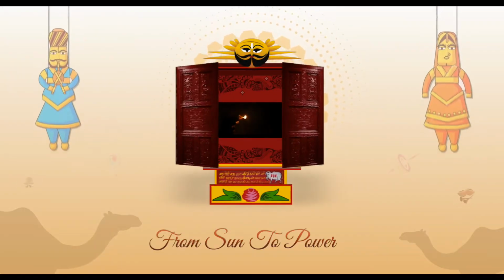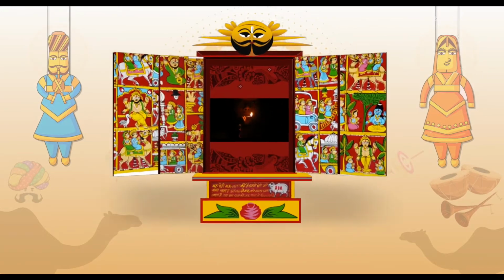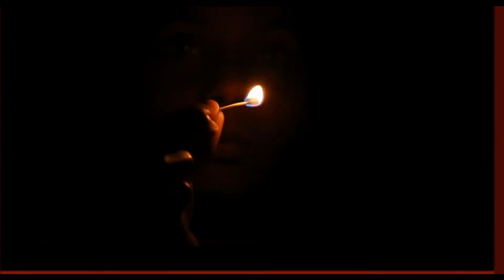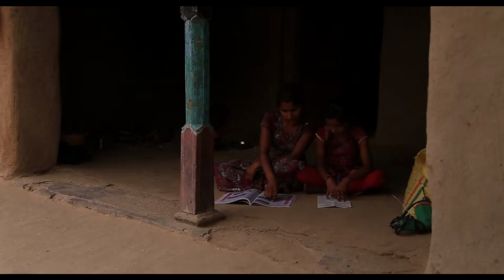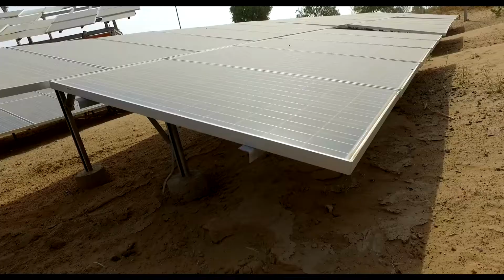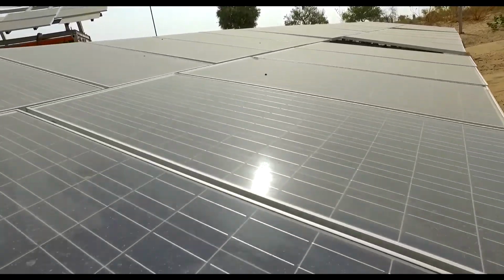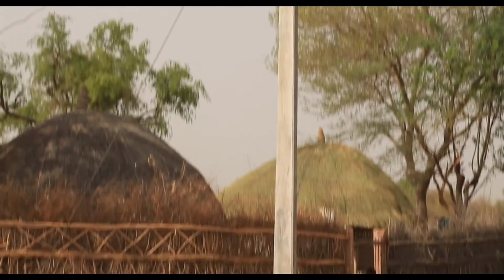From sun to power. Only 60% of houses had an electrical connection, that too for only 6 hours a day. The abundant sunlight meant a constant source of sustainable energy, and thus started the biggest initiative to connect the entire